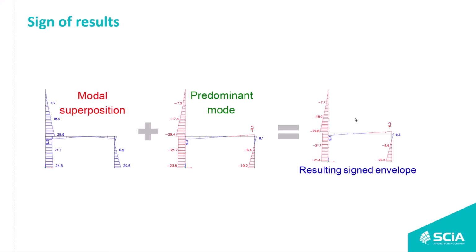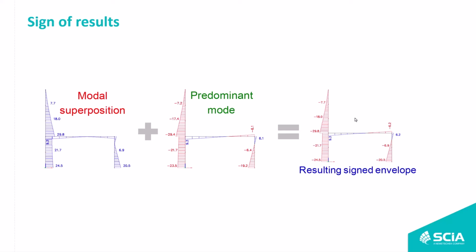They are square roots of terms that are elevated to the square. What does it imply? It implies that all the results of that formula are positive, always. It means that if you don't do anything in post-processing, you will have all results that are positive, like reactions, all positive internal forces. You will not have a distinction between tension, compression, or reaction of compression and tension, and so on, because everything